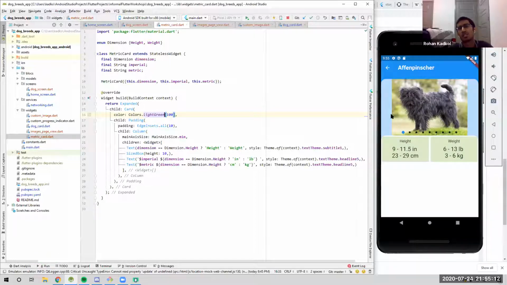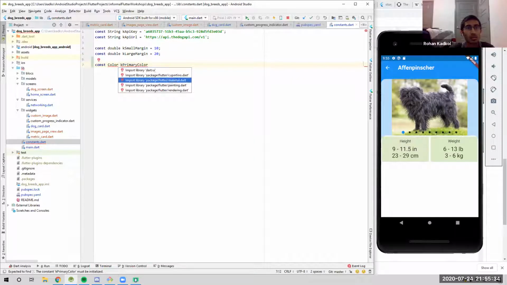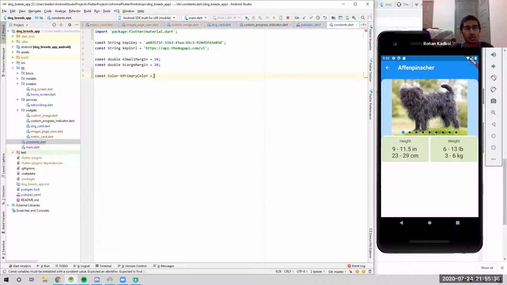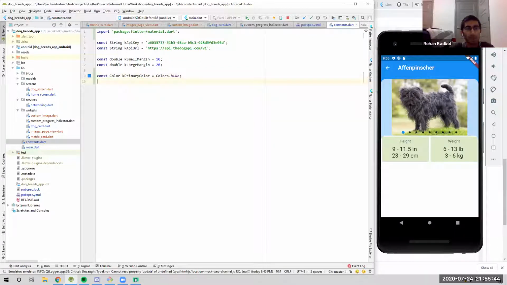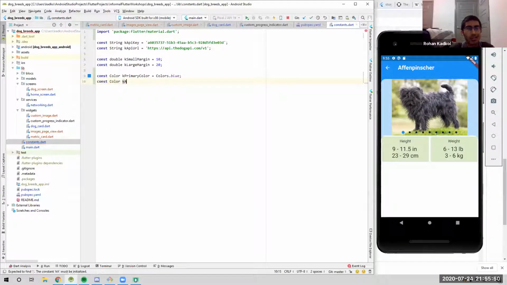So what if we matched? Okay, let's do. Now I want to do const color kPrimaryColor. What if it's blue? Will this work? Okay, this works. So const color kAccentColor